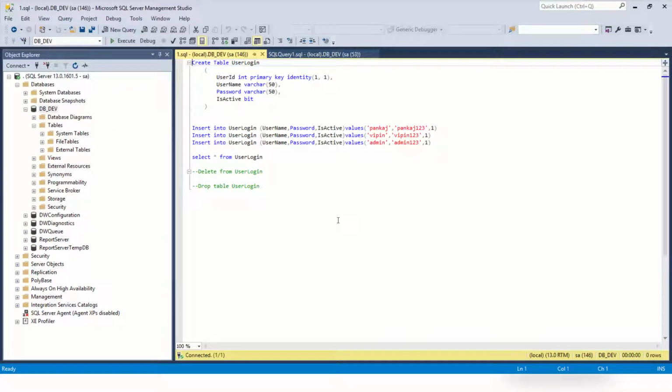I will copy this script to the description section, so you can take this script from there. So what I am doing here, I am just creating the table with 4 columns: user ID, username, password and active, and the table name is UserLogin. Okay, so let's create this. I'll just execute this script.